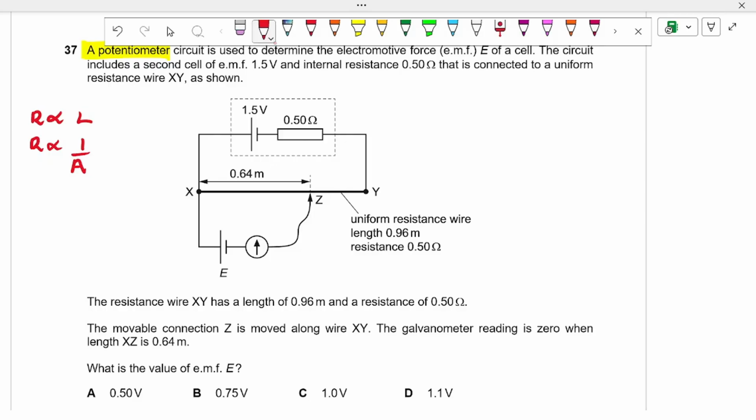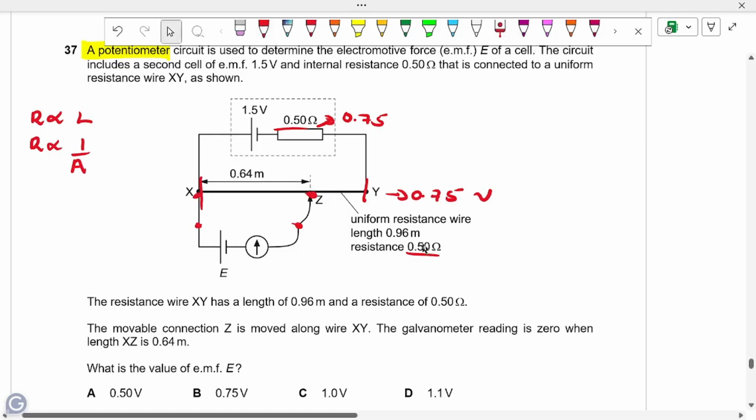So you had a whole wire here of length 0.96, and the resistance was 0.50. So you want to figure out what's the potential difference across this wire to begin with. So if it's 0.5 and 0.5, these guys share, right? Even split. You get 0.75, I get 0.75, and we're both happy. Cool. And now, this length is 0.64, but that's when the galvanometer reads 0, implying that the